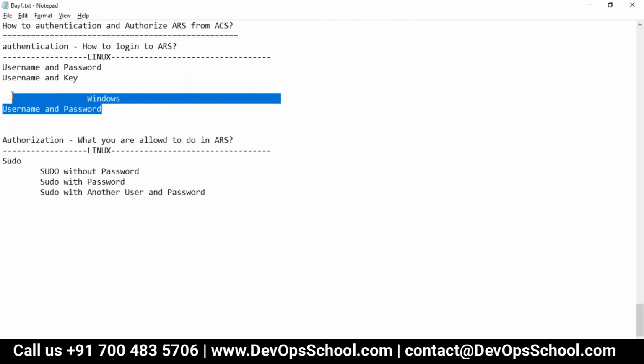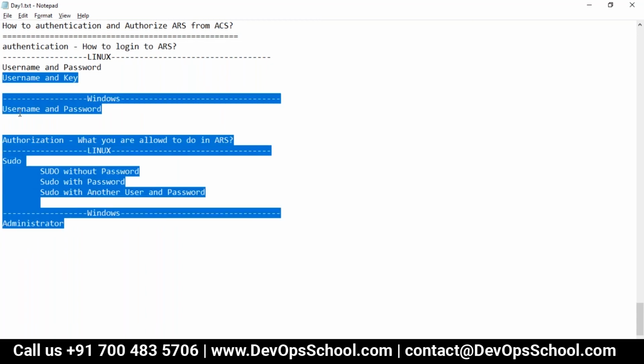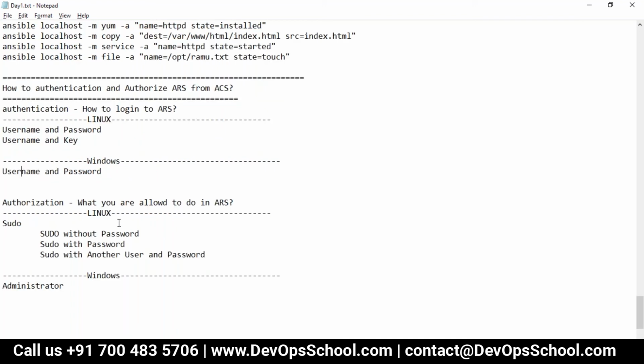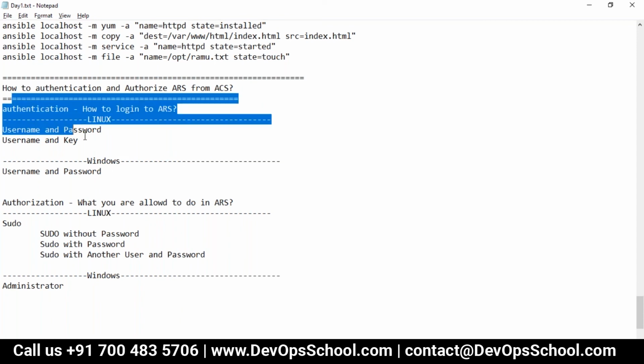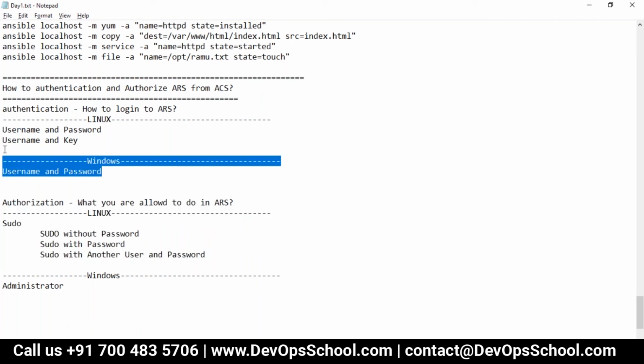And in Windows, we don't have a concept of sudo. Here, administrator has all the access, with the administrator username. Overall, guys, you have answered me how to authenticate to ARS and how to authorize on ARS, mainly Linux. Windows is pretty simple, by the way.